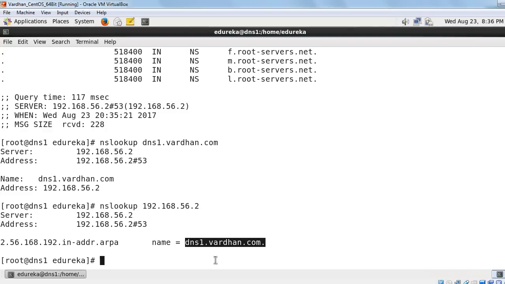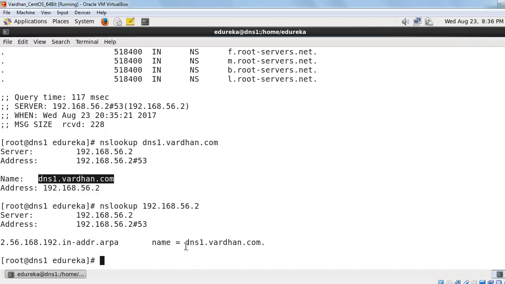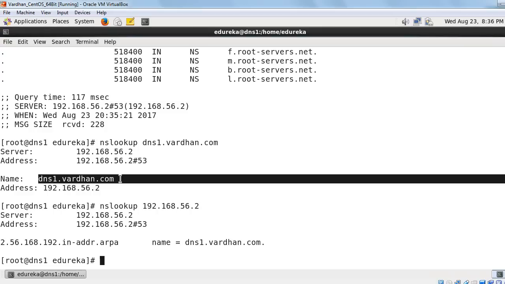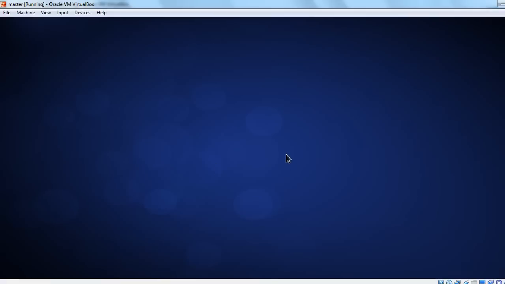Now some of you might have a doubt as to, okay, we are doing the lookup from the server, that's why we are getting to see the correct details here. You don't have a verification as to if you can actually see this domain name from other systems also. Now to answer that question, I can show it to you from a different VM. So this is one VM. I can go to my second VM here,